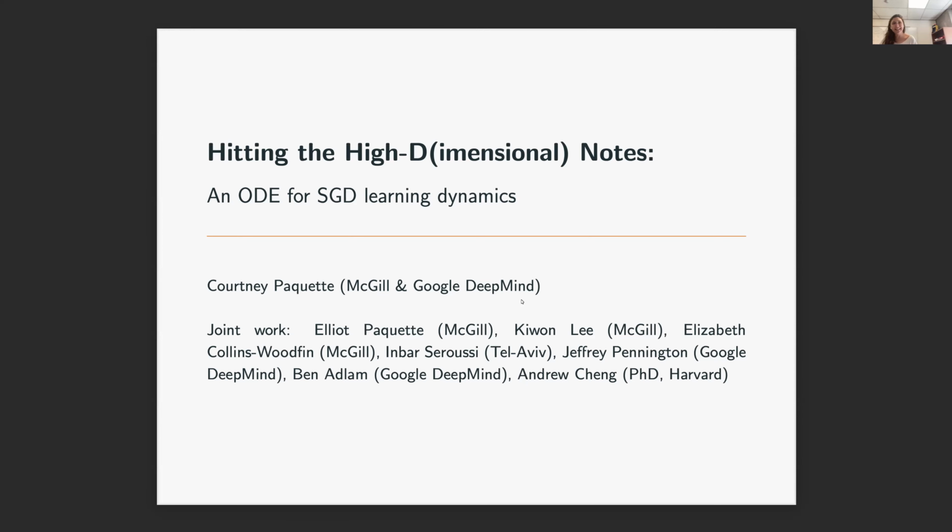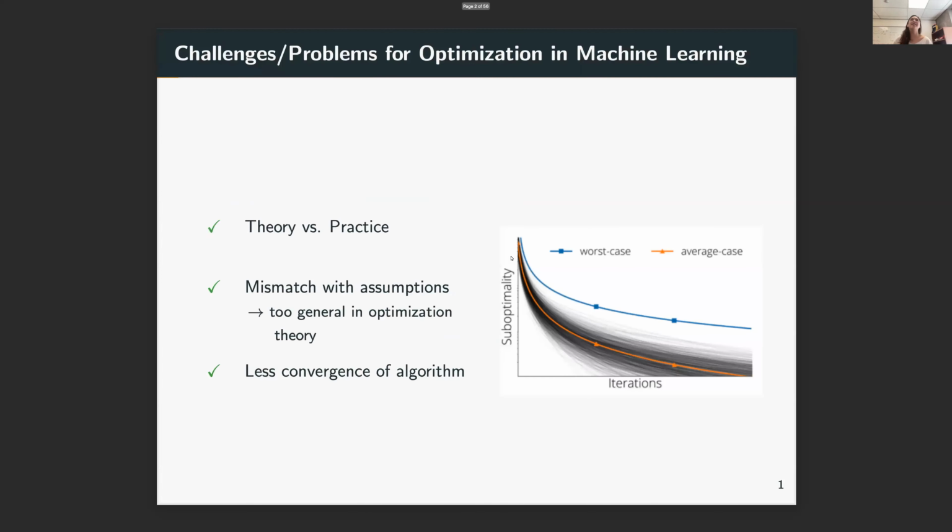So, all right. As was noted earlier, this is a little bit of a pun on the title. We're going to look at hitting the high dimensional nodes in ODE for SGD. This has been a project that I've been doing with a lot of different people, from Google DeepMind to students at McGill, now who are at Harvard, PhD students, etc. All right. Okay, so what are some of the challenges and problems that we see in optimization for